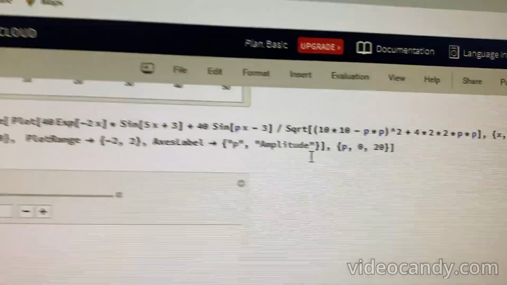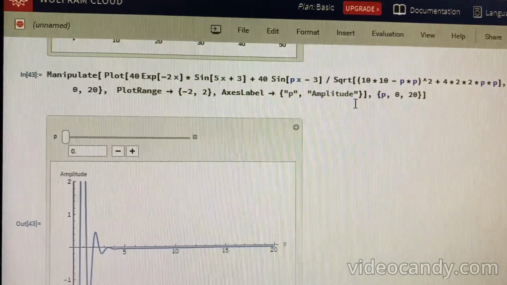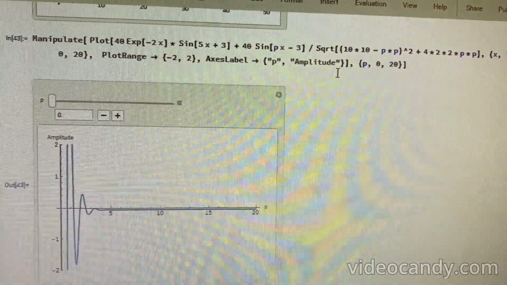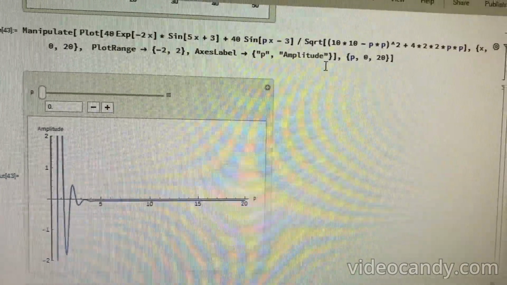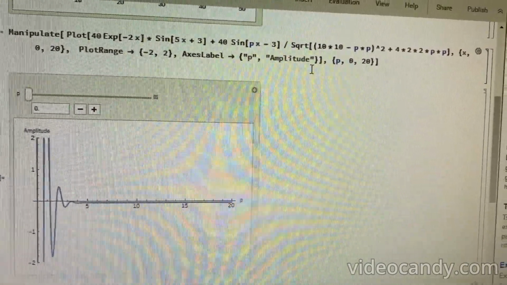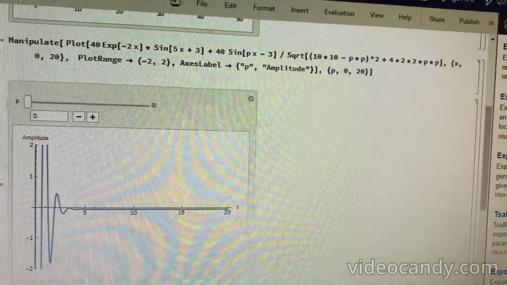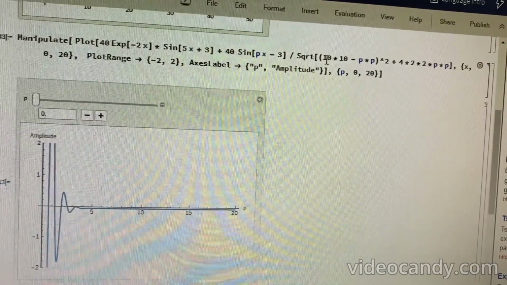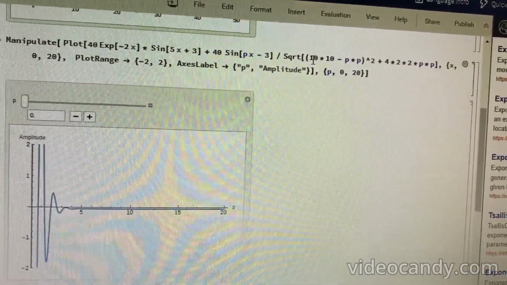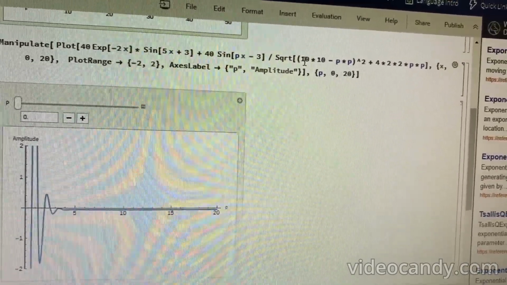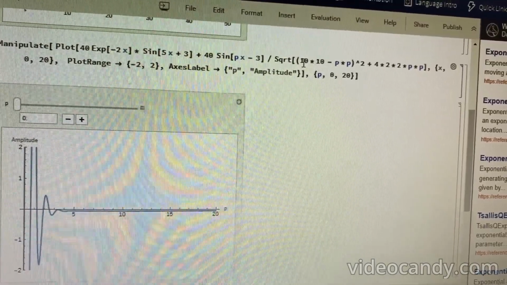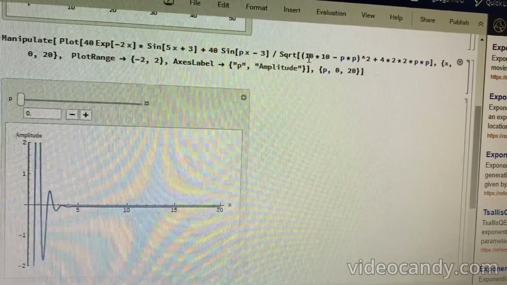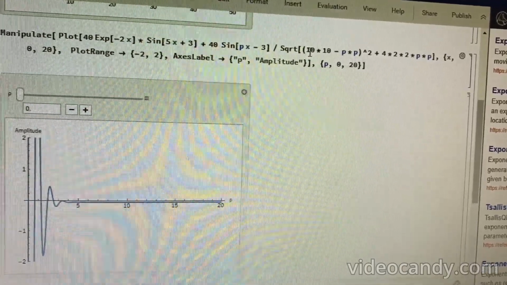For example, I just gave this, don't worry about this one, I just tried to plot it over Wolfram Cloud to give the feel of this resultant function of these two sine functions which have been overlapping. One part is the forced oscillation part coming in, and the first one is the exponential decay part of the amplitude. And here I randomly chose some values: omega naught is 10, for C I chose the value 2, and it was plotted over a range of x values from 0 to 20, and the p